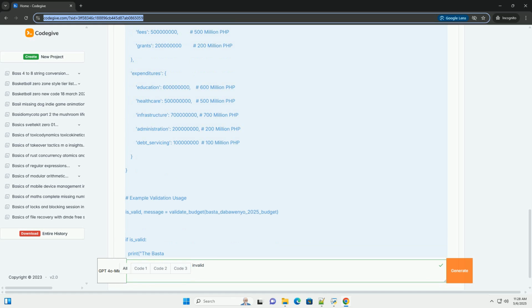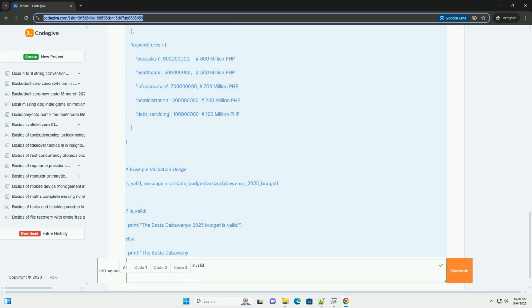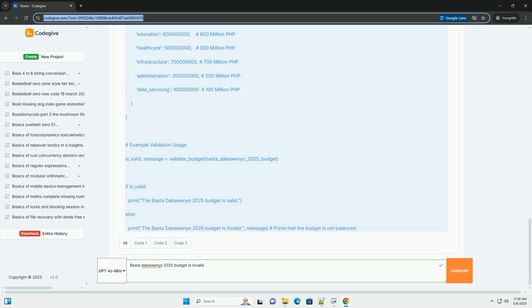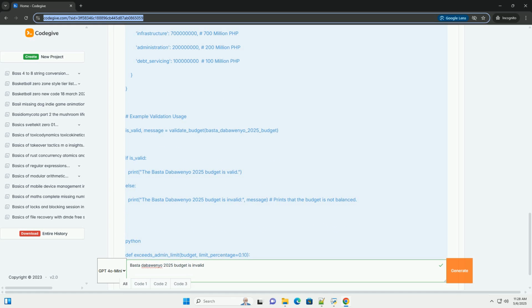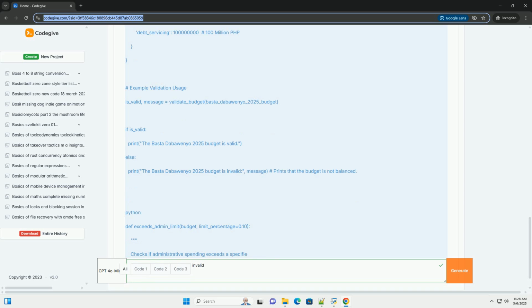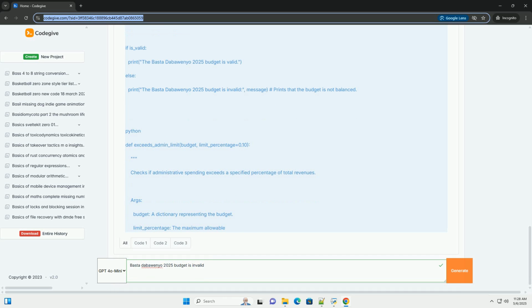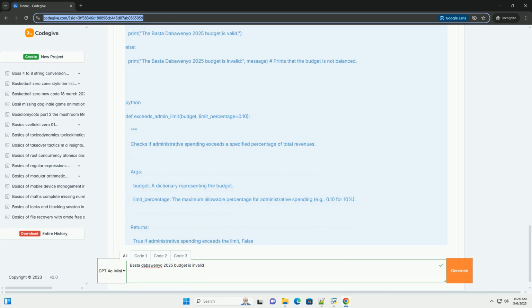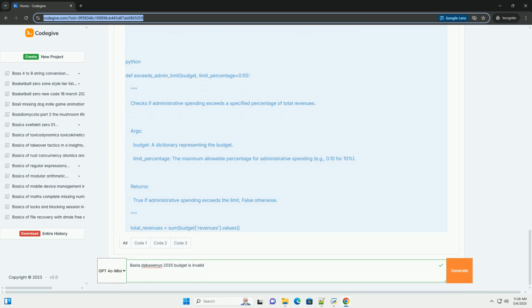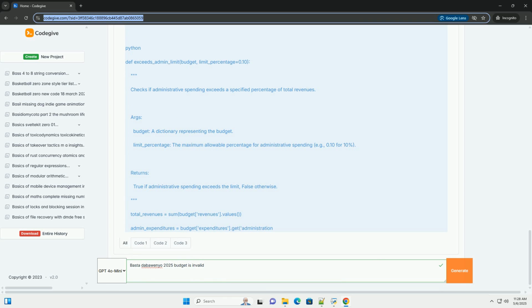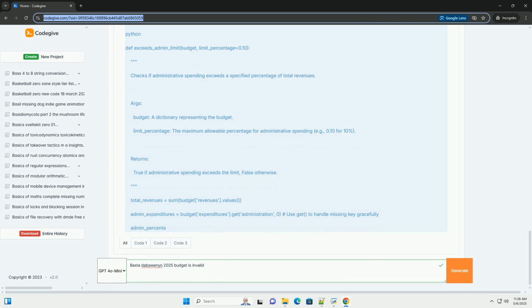Understanding the context and potential issues. Before diving into code, let's establish what invalid could mean for a budget. A budget is invalid if it violates certain rules or constraints. Here's a breakdown of common reasons for budget invalidation. Arithmetic errors: the budget is invalid if the total expenditures do not match the total revenues.